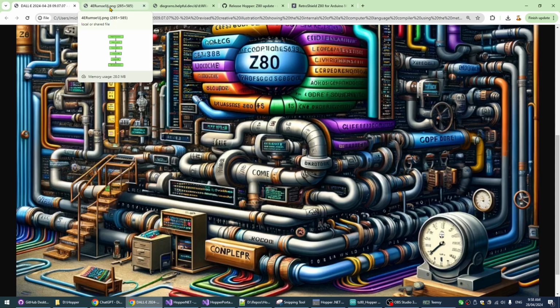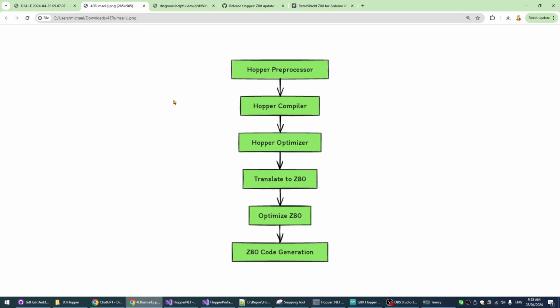So, I wanted to write a compiler that actually generates native code for a change. Most of the time, I'm writing runtimes. Like the 6502 one, I wrote a 6502 runtime in 6502 assembly using my tools, but it was still running Hopper programs in Hopper bytecode. This time, I wanted to try writing a native code compiler to actually write Z80 code and run the Z80 code. But I didn't want to rewrite the Hopper compiler, so